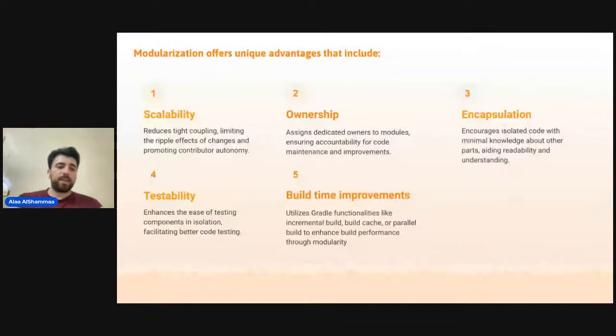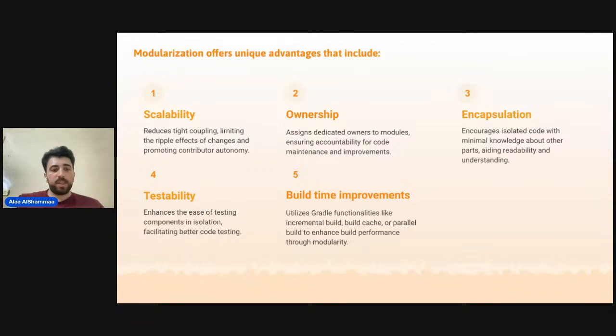encapsulated in a way that you can have a team of engineers working on that module without the team having knowledge of all the modules and all the features in your app, because each module is well encapsulated and each module serves a purpose for the business. So in that case, with minimal knowledge, you can have a team of engineers working on a feature or a module that would be easily readable, and it will provide a clear understanding for anyone working on it.